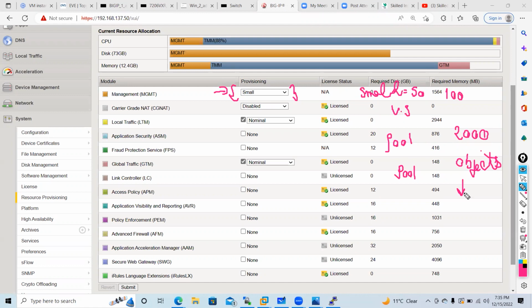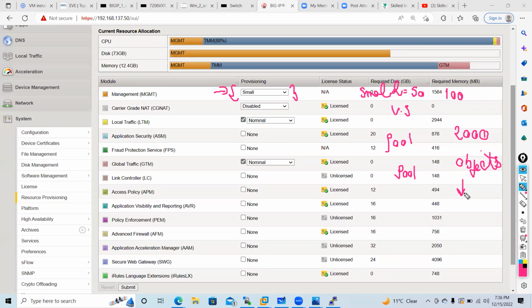Any question, guys? What is the average value for small, medium, and large? So you can check it. There are different things. When you have small, medium, or large, small means your memory, first of all, when you allocate small, it can be allocated around 2000. When you have more than 2000 requests, in that case, you need to select large. When you have less than 1000 objects, you need to configure small.